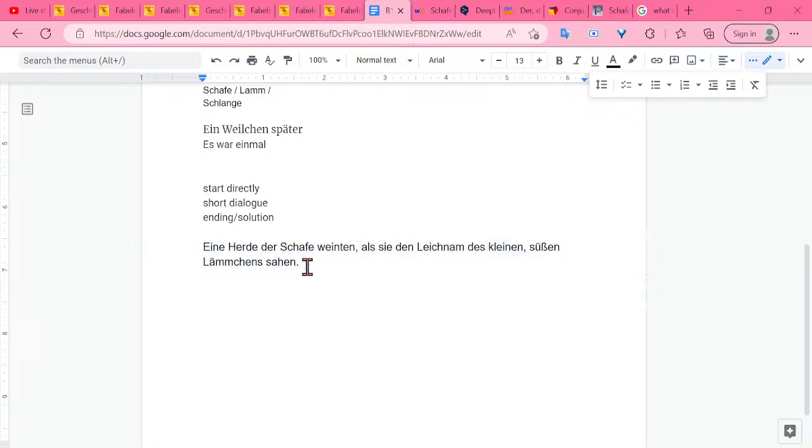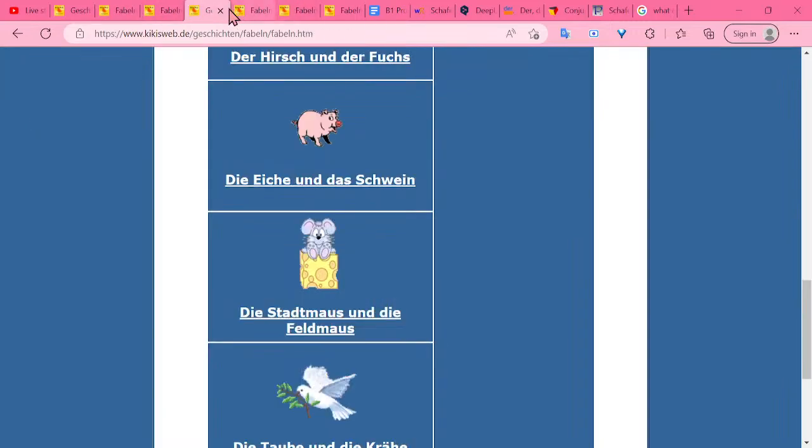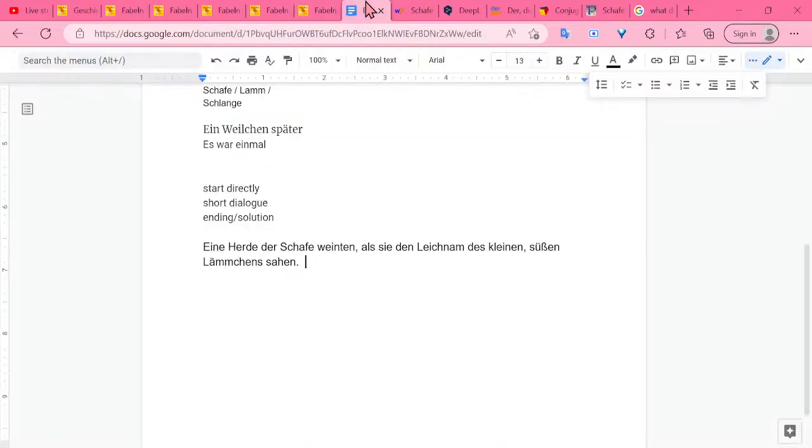How many sheep? You don't want to have like 50 sheep, because that would be kind of stupid. The story is going to be too long. Then I don't know that much German at this point. And you can see it's always just simple past. There's no perfect past in the stories, because like I said, it's written, so you have to use that form.